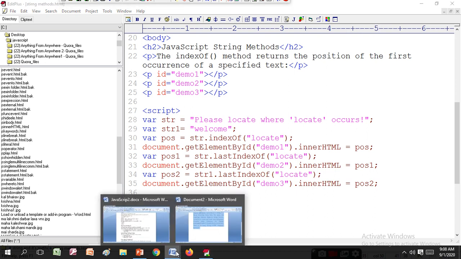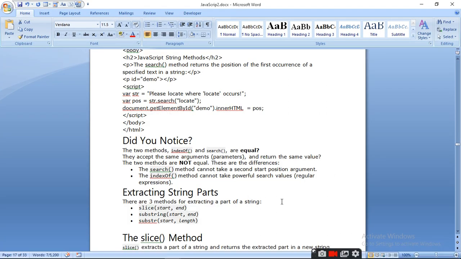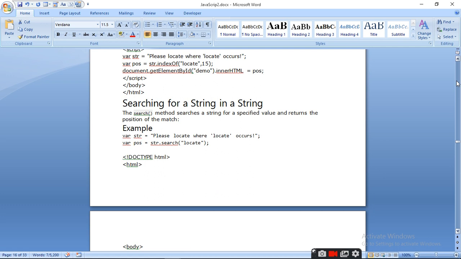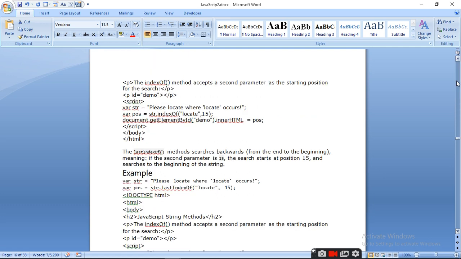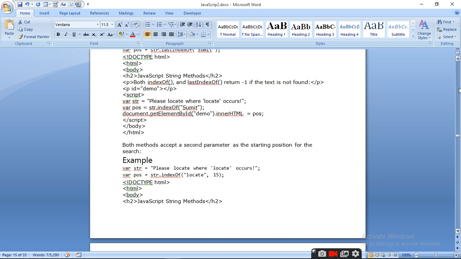Next is that you are going to give the position from where you have to search, by using indexOf. So for that you have to write locate, 15.